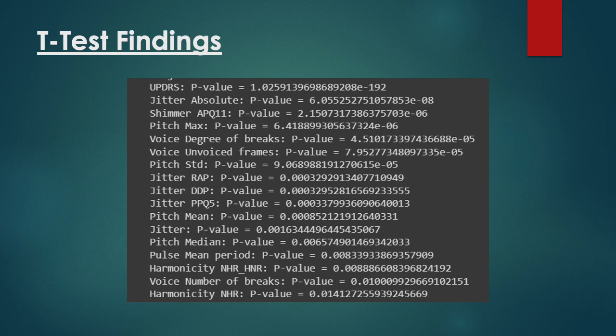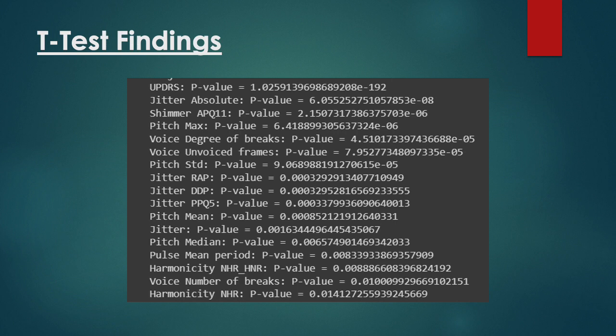The jitter absolute voice feature shows a statistically significant difference between the two groups. This means that this particular measure of voice irregularity might be influenced by the presence of PD. Thus, it is a strong candidate for differentiating between PD and non-PD subjects based on voice samples. And then comes the Shimmer